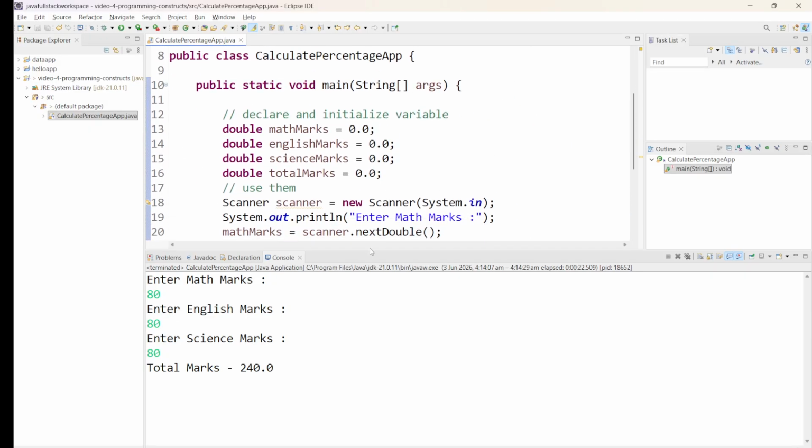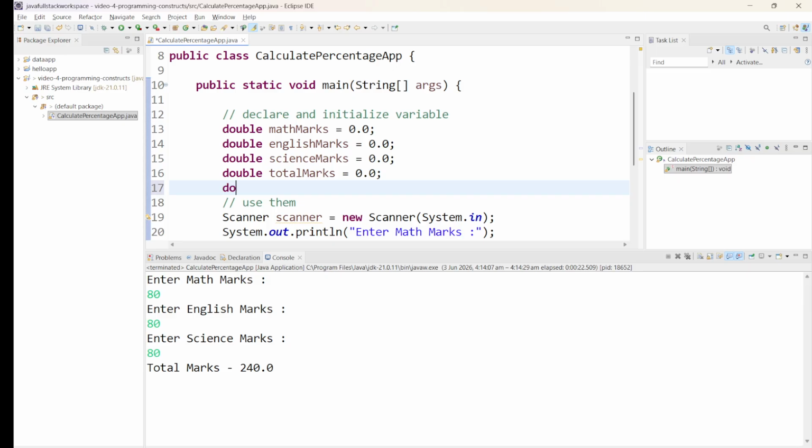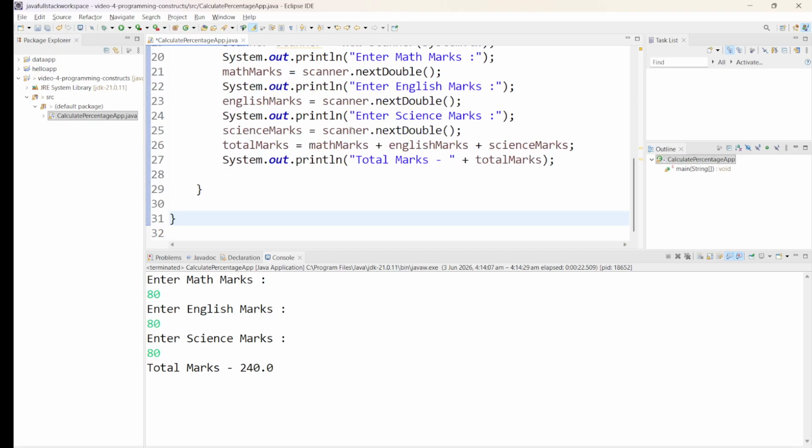Now again you should actually declare something like double percentage is equal to 0.0. Now what has happened is, you come here, you say percentage is equal to, and then you can actually say total marks divided by 100 into, okay,